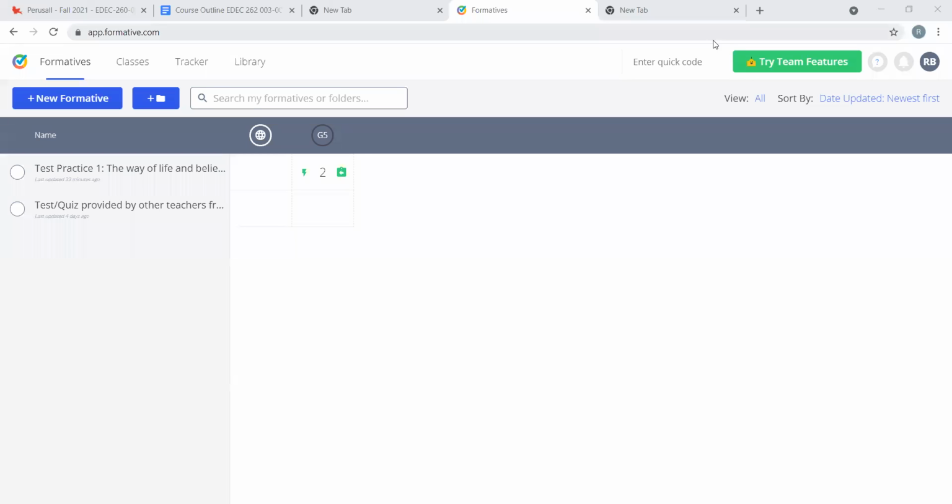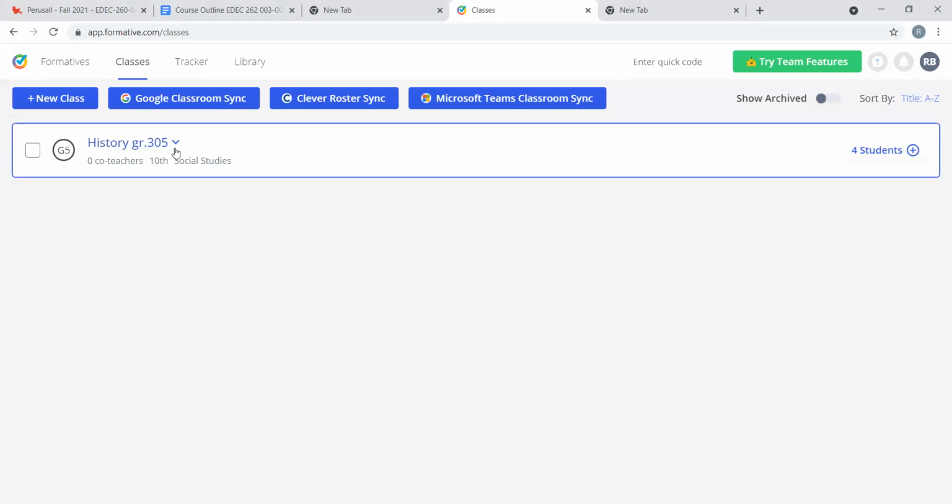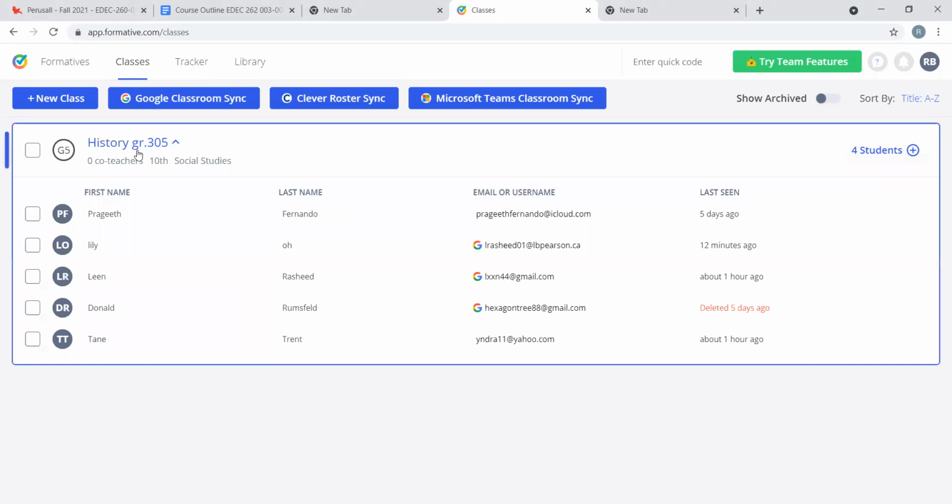For my digital media production project, I've decided to use the app Formatives to create a quiz. Formatives is basically an application in which I can create educational quizzes specifically for classes. So to begin, to add a student to my classroom, because we can create classrooms in this app, you can